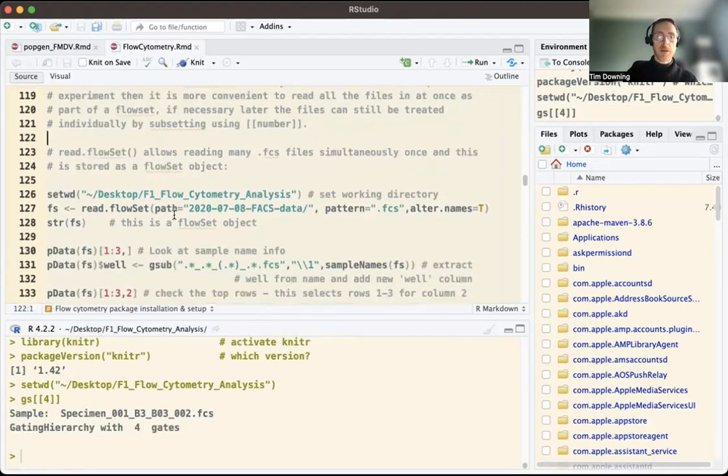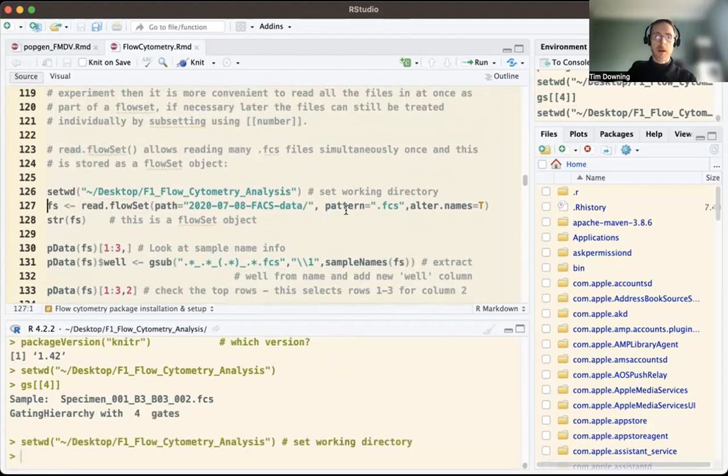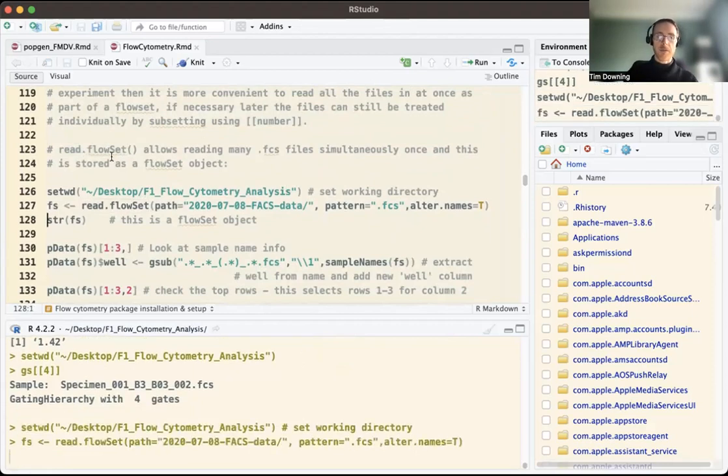So we're going to use the read.flowSet command to read in many files simultaneously. So we're going to set our working directory and then read these in as a flowSet object. We've got a pattern for the file name here, and we can therefore look at what's in